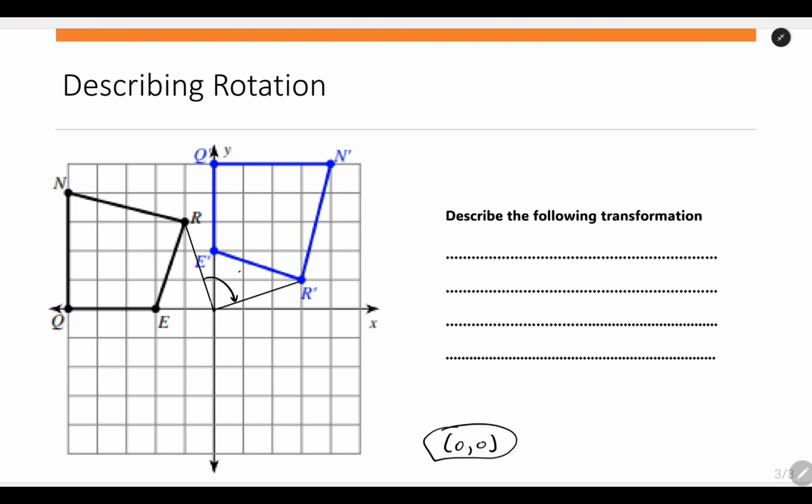And when we measure this angle, we'll see that this is a 90-degree angle coming from this direction to this direction, which is in the clockwise direction. So it's clockwise